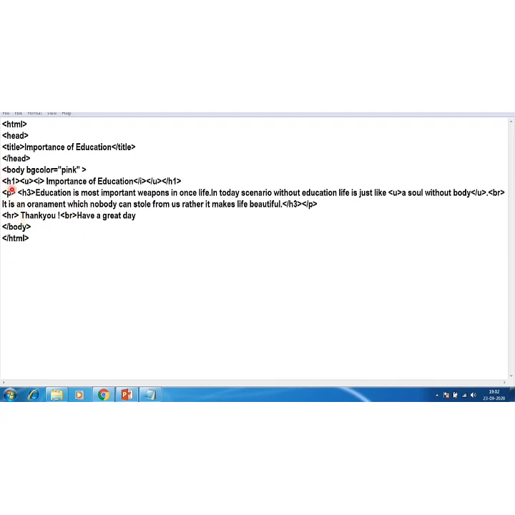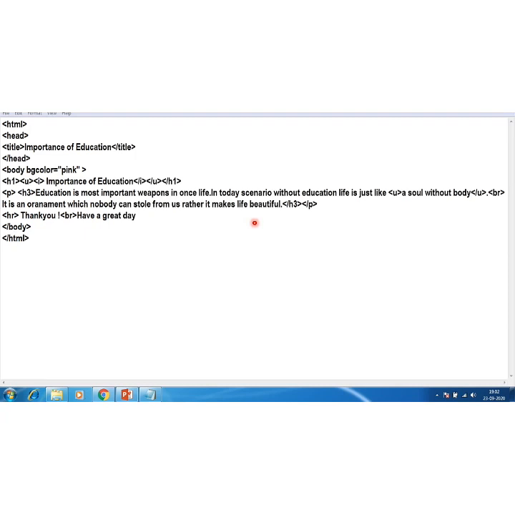Fine. First I have opened this tag, last I have closed this tag. Please keep this in mind: the last tag you open, you close first. The italic tag I opened last and I closed it first. After that, the paragraph tag; in the paragraph I want to write in paragraph format.